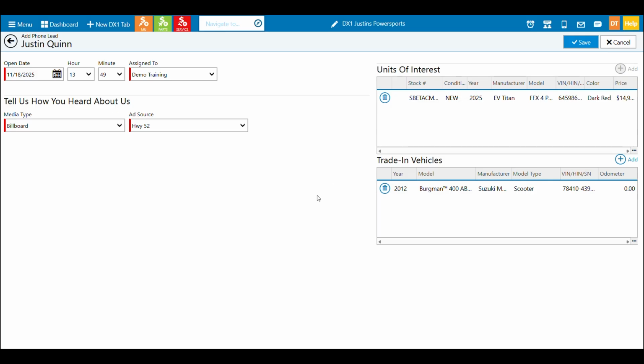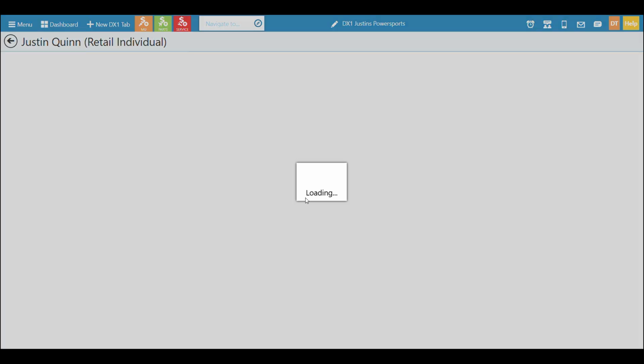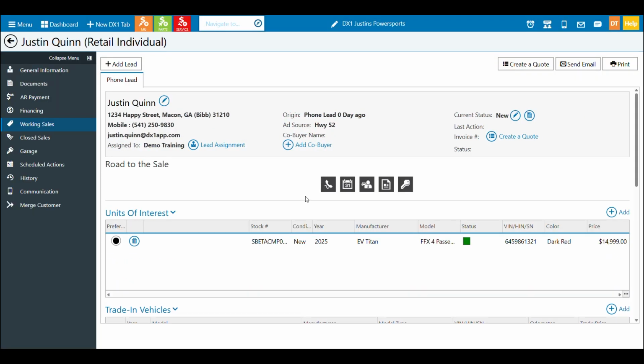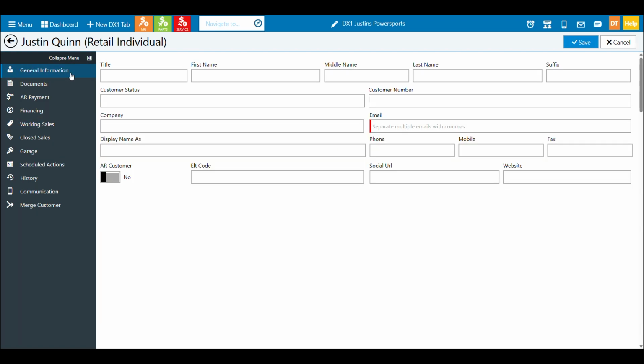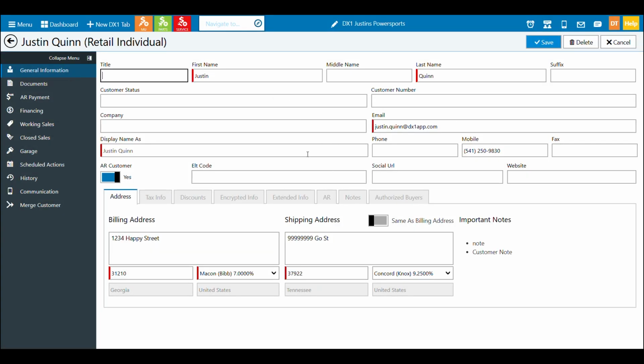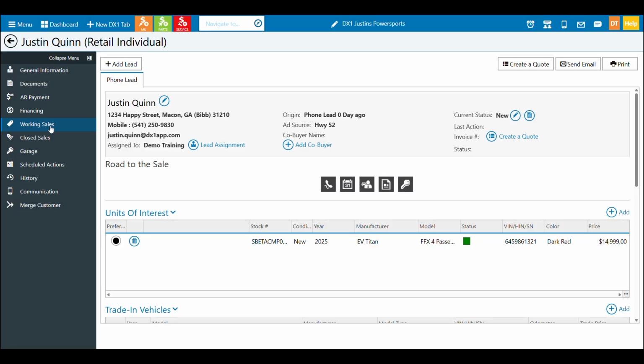Once I have these four basic things set up, we'll go ahead and click save. What this is doing now is turning it into the actual lead that can be tracked. Now, you might have noticed once I hit save, it moved me over to the customer record. Just to give you a sense of where we're at, if we opened up a customer record to see details, we'd land on the general information screen. What it took us to was working sales. So you can see here, even when I have a lead built in, it's under the customer's record, so I can find it there as well.